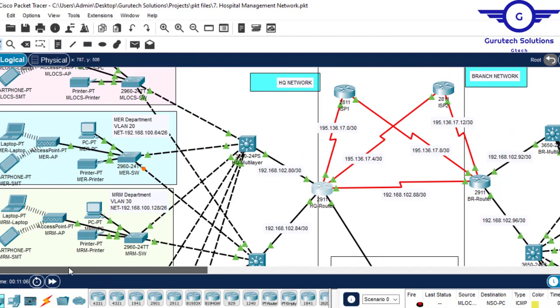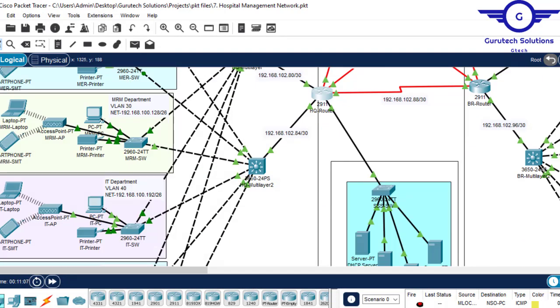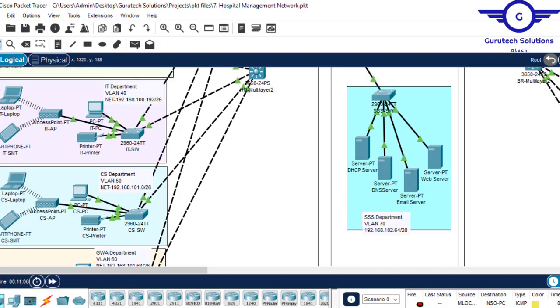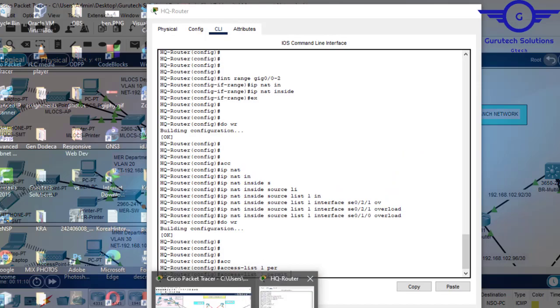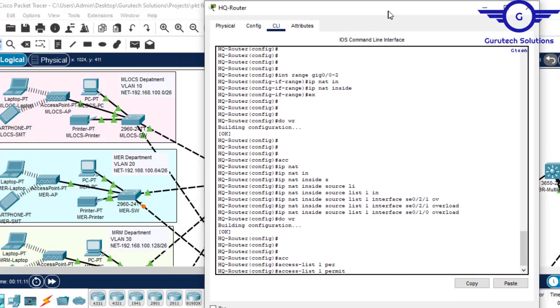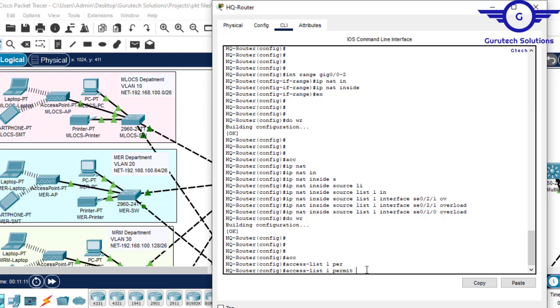So we start. We have how many networks here that we want to permit? We have 6, I think. 1, 2, 3, 4, 5, 6. Okay, so we need to permit all of these networks. The first network is